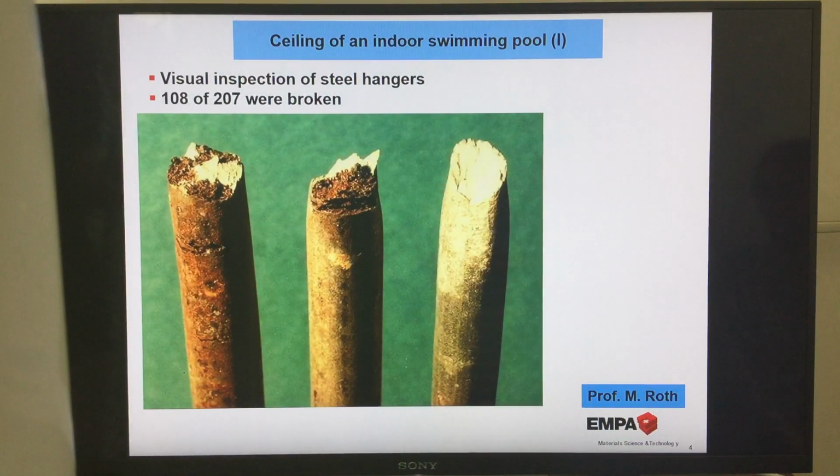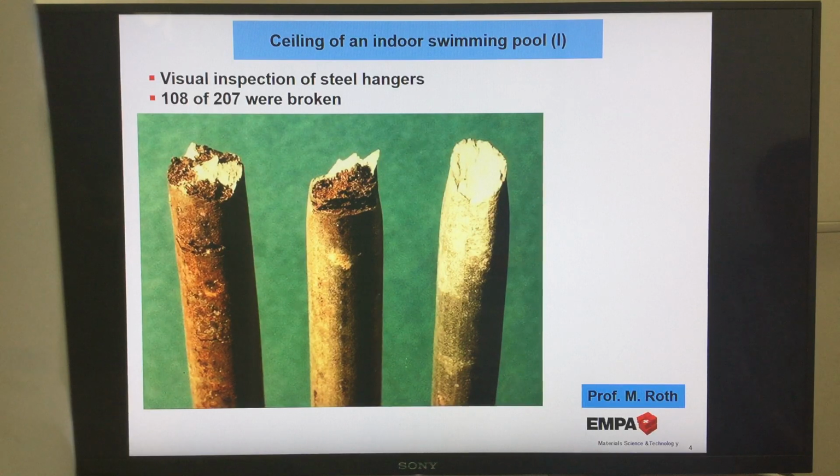Now we can tell you, this is first a visual inspection of the steel hangers, and 108 of the 207 were broken. The rest was just torn out. Of course, then there's a high overload on that. Now when we look at these 3 steel hangers, 2, you see very clearly, they are